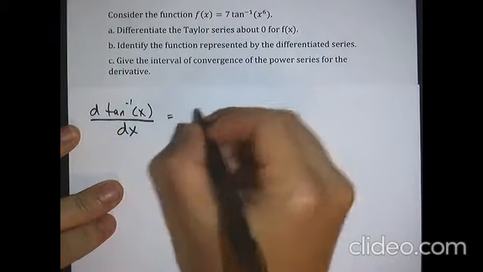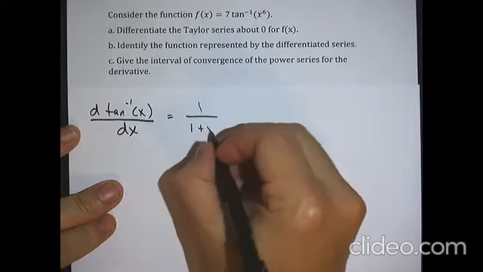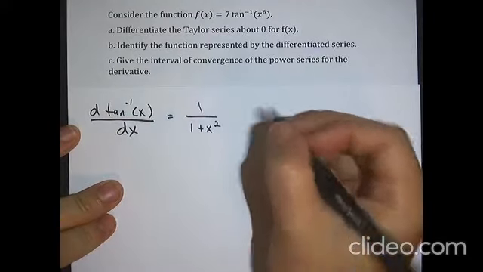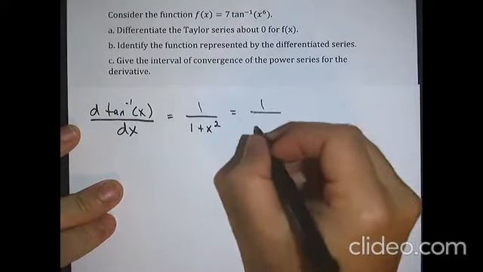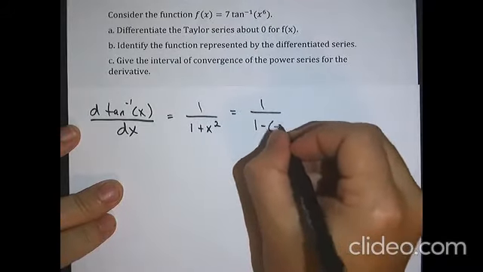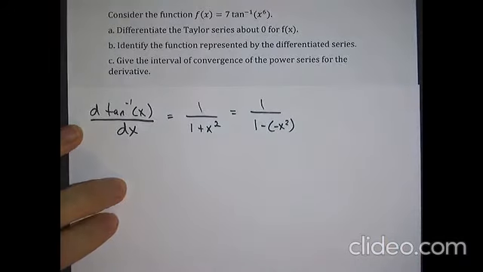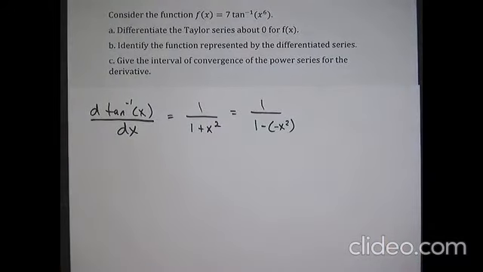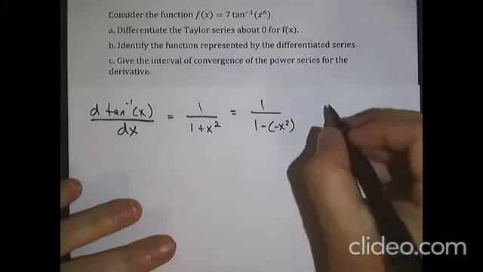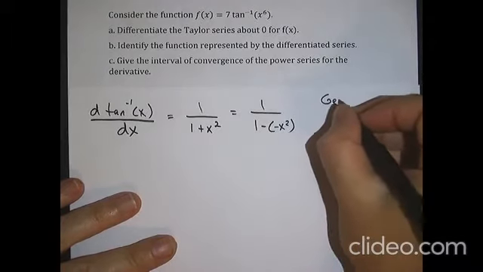Okay, so the derivative of that is 1 over 1 plus x squared, correct? So I'm going to rewrite this as 1 over 1 minus a negative x squared. Same thing, correct? Okay, now why would I write it that way? Well, the reason being is that I know for a geometric